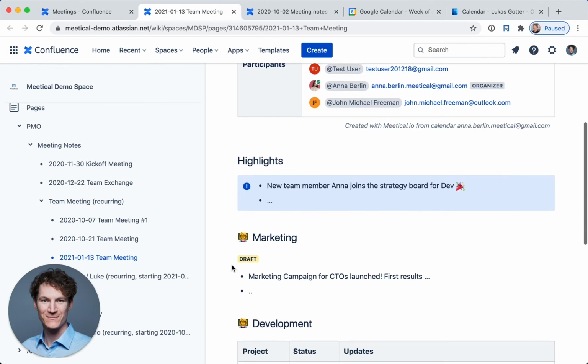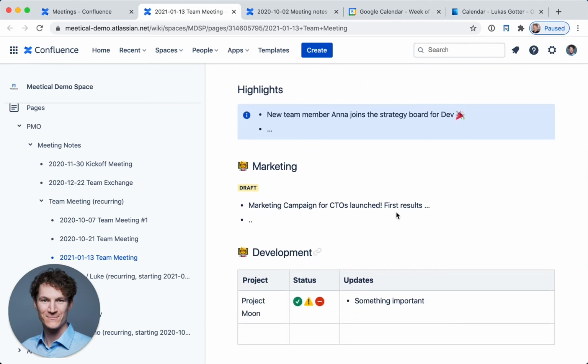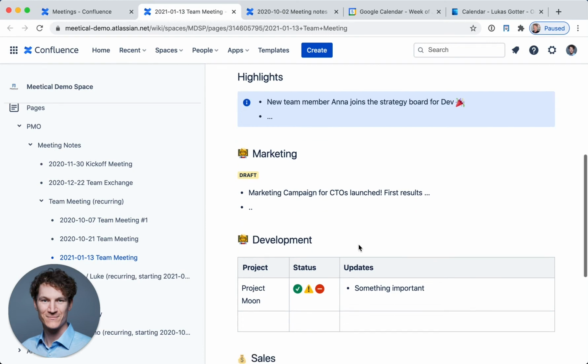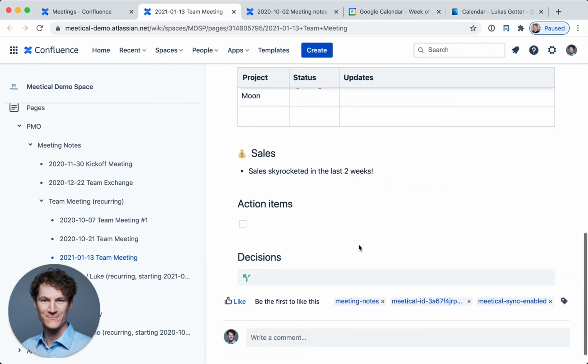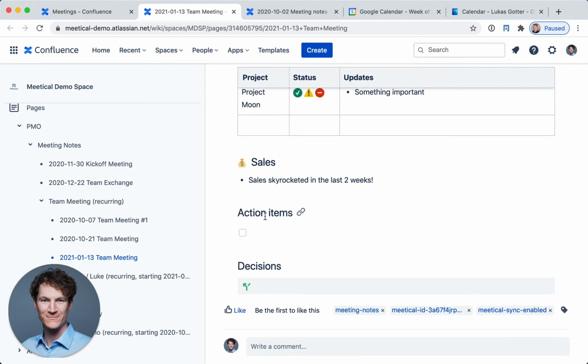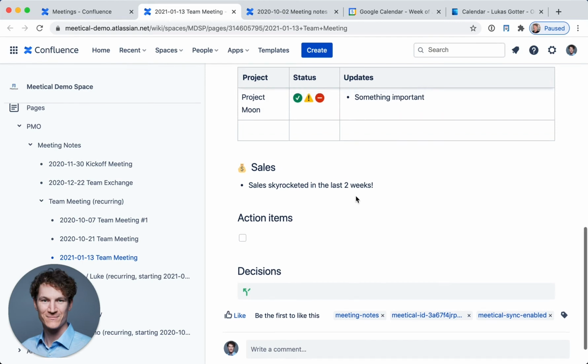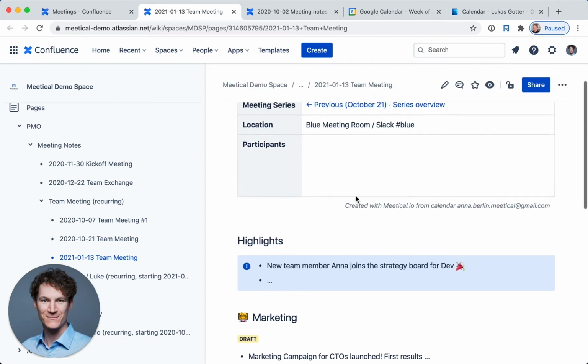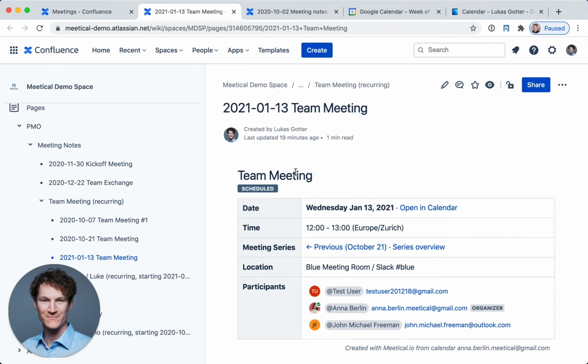Here we see that the team already started to populate this page before the meeting started, which is one of the basic ideas of Confluence meeting notes. Afterwards, we will be able to fill in action items and decisions and whatever is important to document.